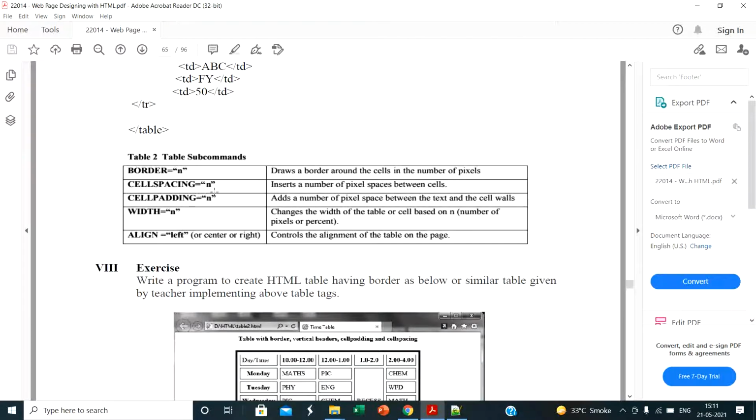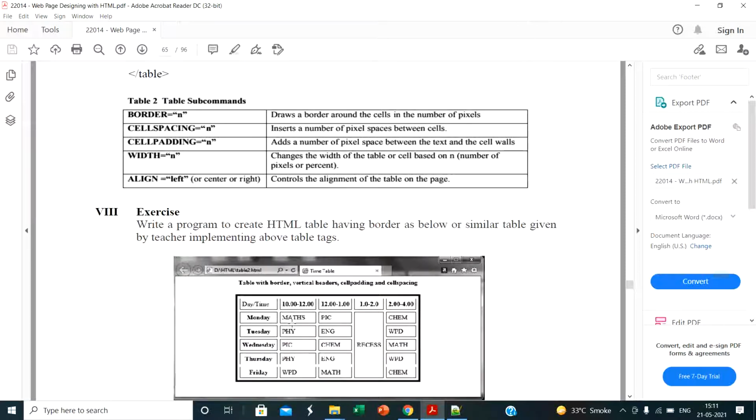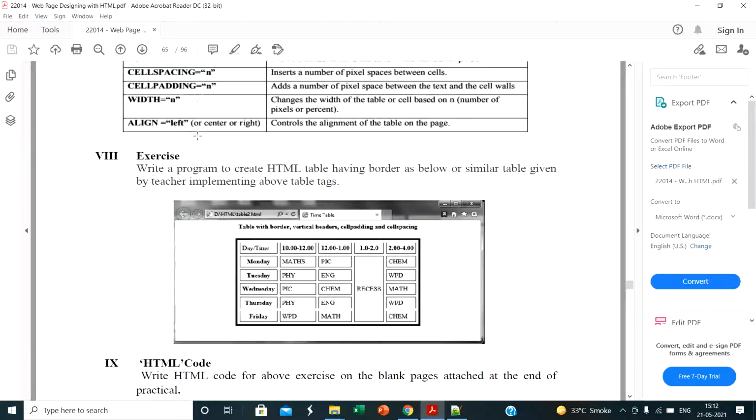Cell spacing is defined in pixels and inserts that number of pixels of space between cells. Cell padding adds a number of pixels of space between the text and the cell wall. Width changes the width of the table, defined in pixels. Alignment is left by default, and we can make it center or right.